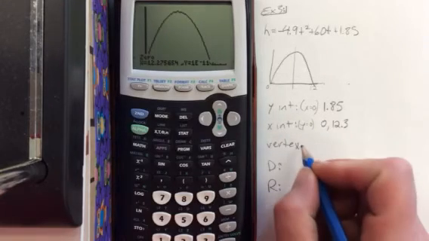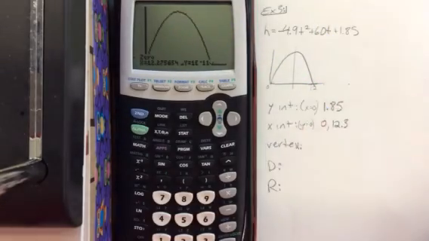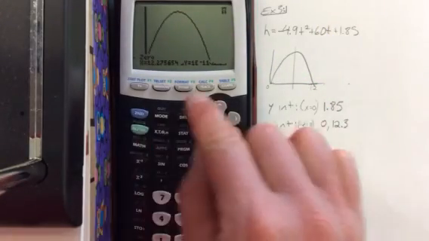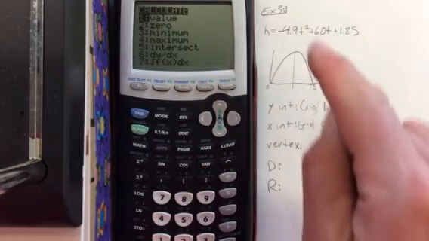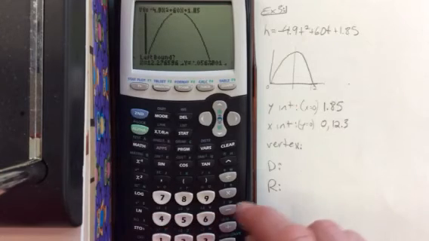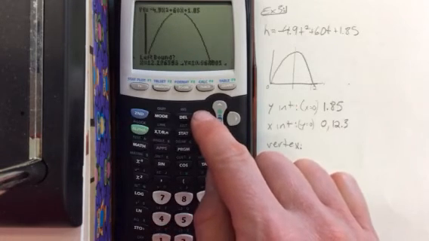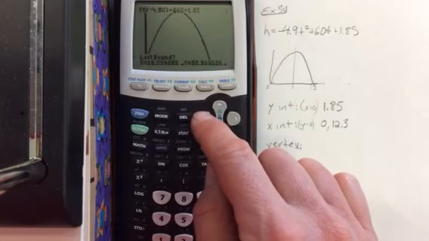Now, the vertex is this point right here at the top. And to get the vertex, I'm going to go second function calc. It's a maximum because it goes up and caps out. So I'm going to hit 4. And it's the same thing with the little cursors. So I looked at the cursors. They're back down here again. I've got to move my little cursor